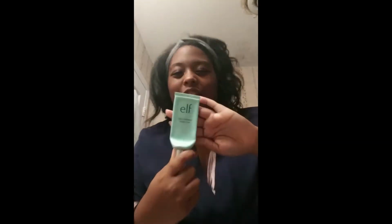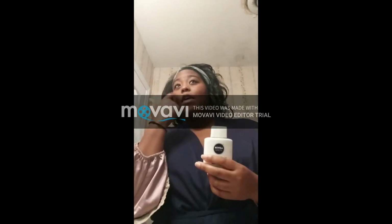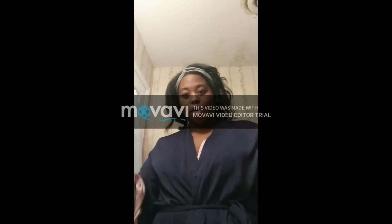But I already moisturized. I used the e.l.f. Daily Hydration Moisturizer. This is it. And I also primed with the Nivea Men Post Shave Balm, and applied that around my T-zone, let it sit for 5 minutes, and now we're going to dive into the foundation. So, Beauty Blender in hand, ready to go, and I'm using my Milani Conceal and Perfect 2-in-1 foundation and concealer, and I'm Chestnut 13, so if you want to see that,